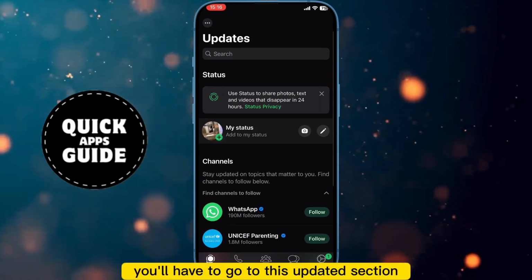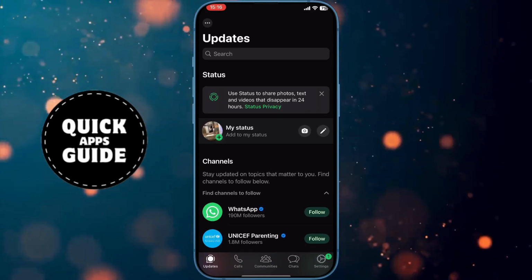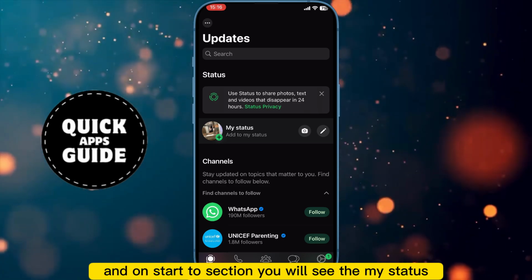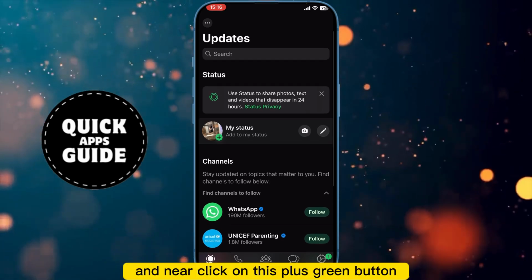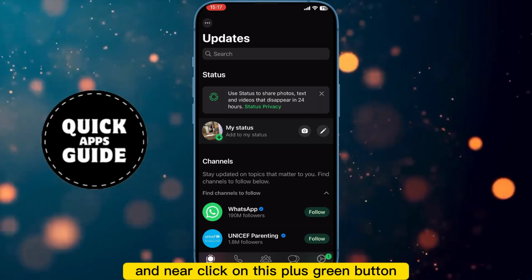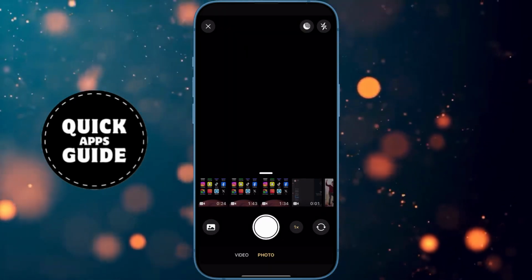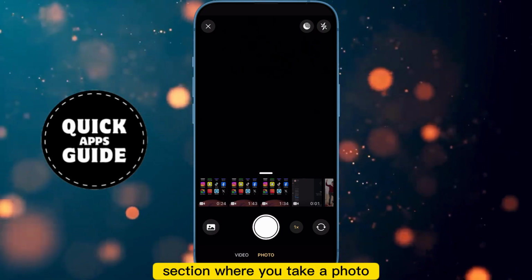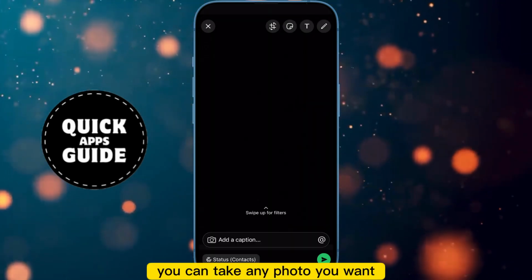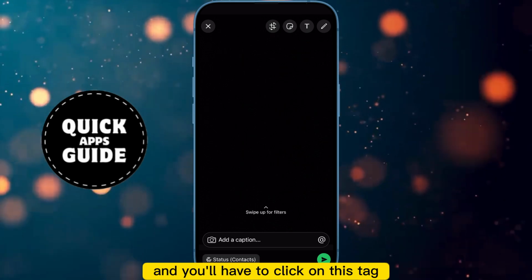You will have to go to this Updates section, and in the Status section you will see My Status. Here, click on this plus green button. This will open a section where you take a photo. You can take any photo you want, and you will have to click on this tag